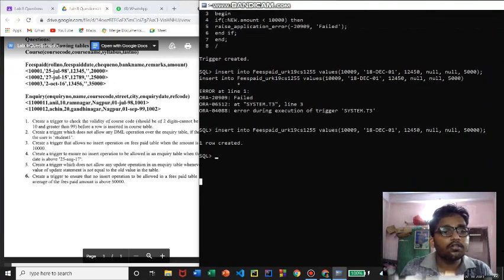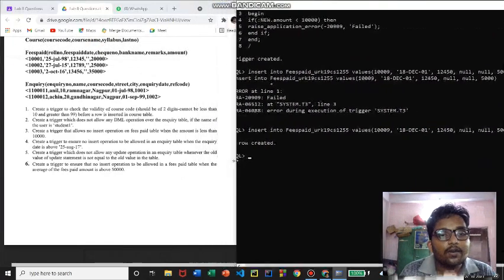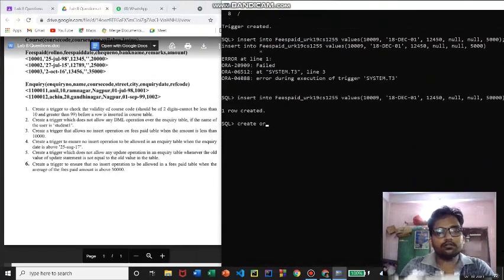And coming to the fourth question: create a trigger to ensure no insertion operation is allowed in the inquiry table when the inquiry date is above 25th August 2017. So create or replace the table name, sorry, the trigger name, trigger T4, before insert, right? So it talks about insert. So to ensure no insertion operation, before insert on the table name, that is inquiry